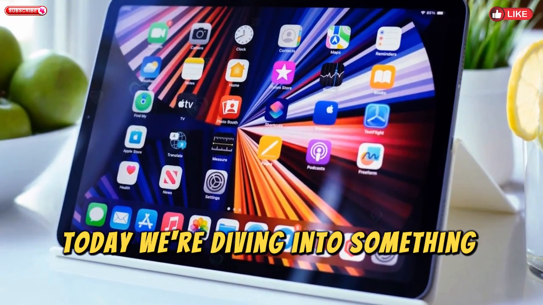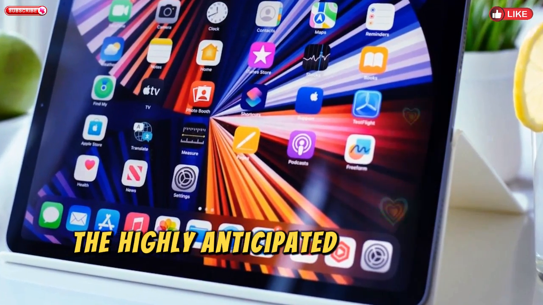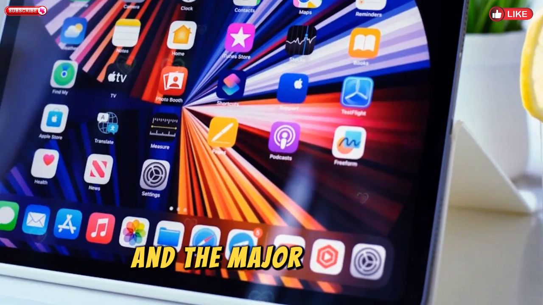Today, we're diving into something incredibly exciting, the highly anticipated iPadOS 19 update and the major features you can expect